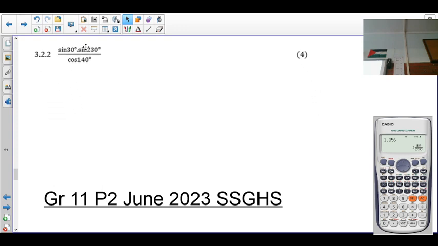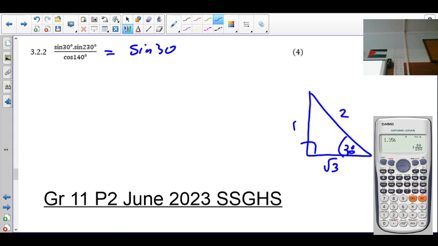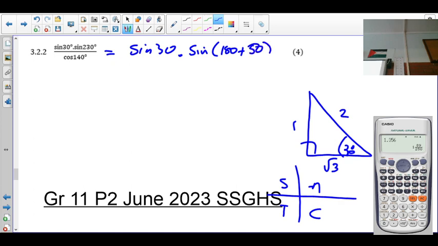People, in 3.2.2, what do we know? We have sine of 30 times sine 230 over cos 140. Again, without the use of a calculator, sine of 30 belongs to a special triangle, 1, 2, root 3, so it can be a half times. Sine 230 is in which quadrant? Third quadrant, not so? So it's going to be sine of 180 plus an angle of 50. Is that correct? Over